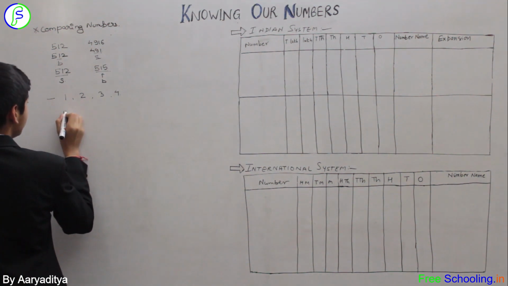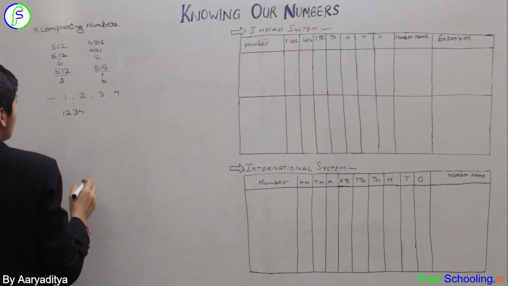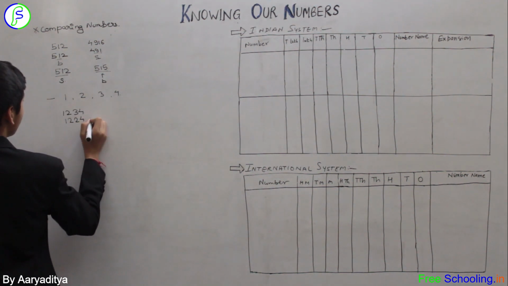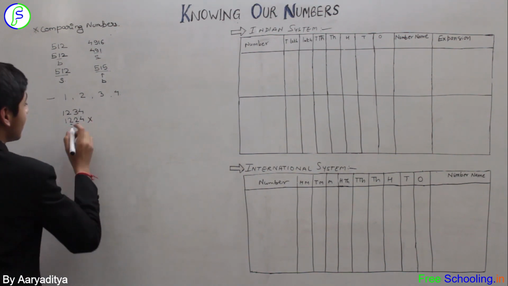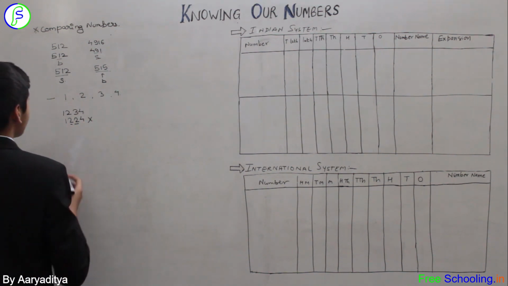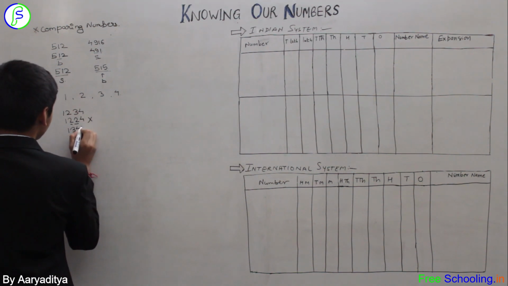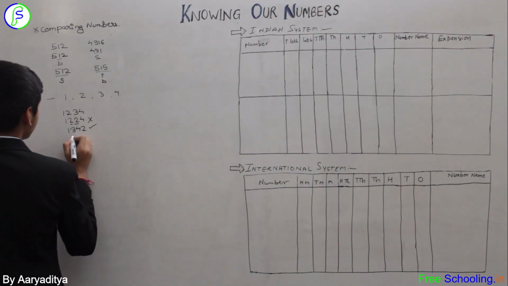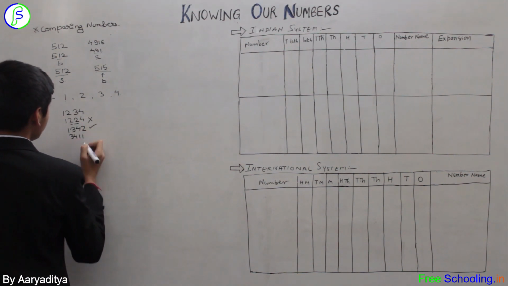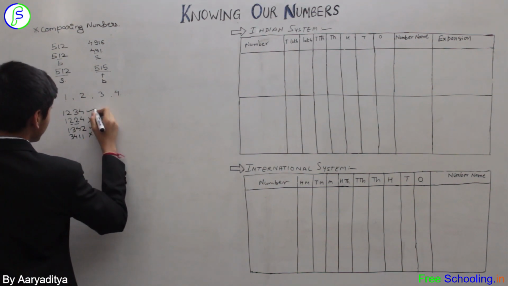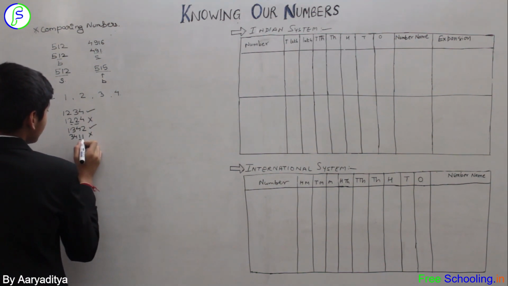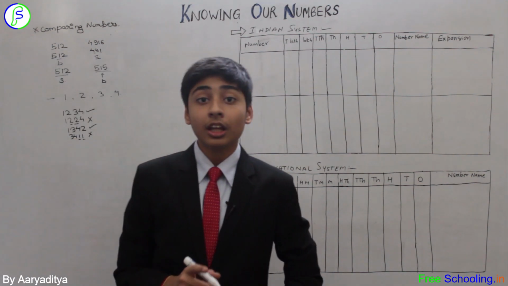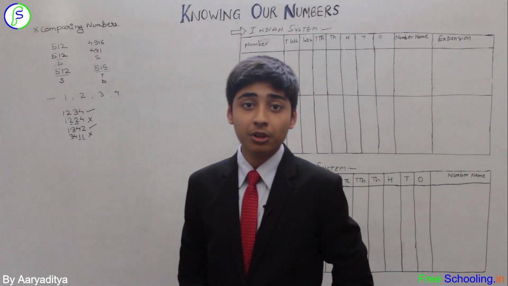We have 1, 2, 3, 4, the direct one. Let me try to take 1, 2, 2, 4. Nope, it won't be valid because 2 is repeated twice in the number. Okay, if not, we can just take 1, 3, 4, 2. It will be valid. What about taking 3, 4, 1, 1? No, it will not be valid, because 1 is occurring twice. So hope you all have understood that the digits should not repeat and it should be a 4-digit number.